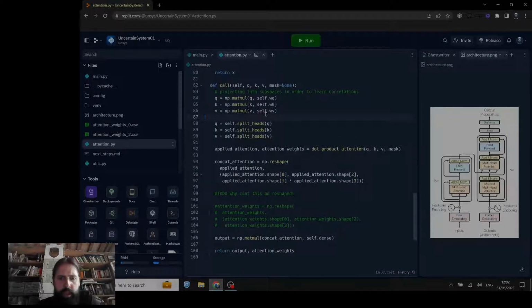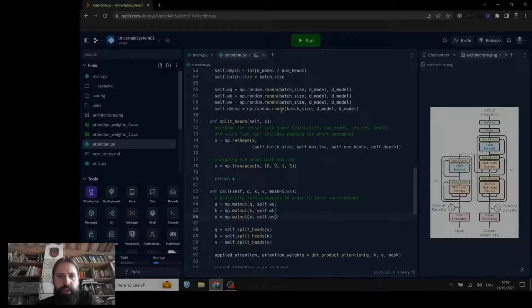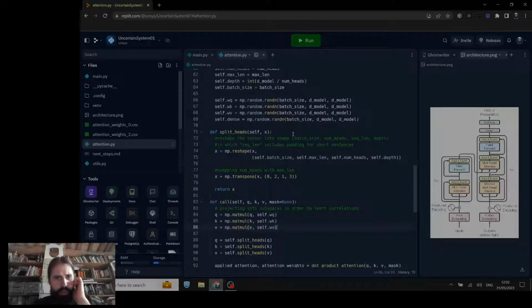So essentially, we're initializing these Q, K, and V matrices randomly, and then doing a projection of our encoding into these different matrices, and then trying to see what relationships are there. My guess, and what I'd like to figure out now for the next step, is how